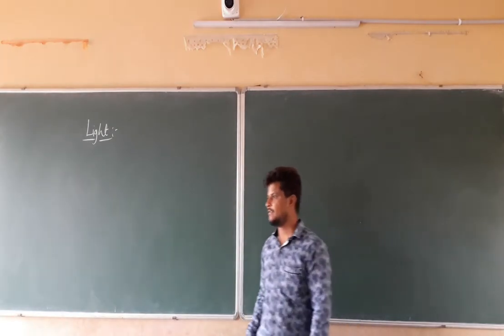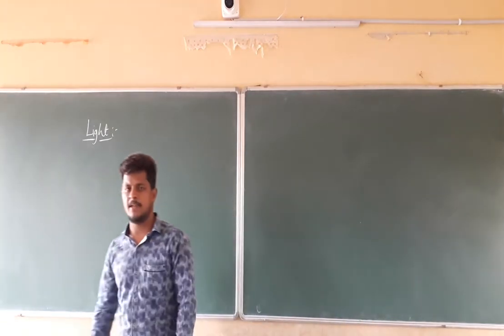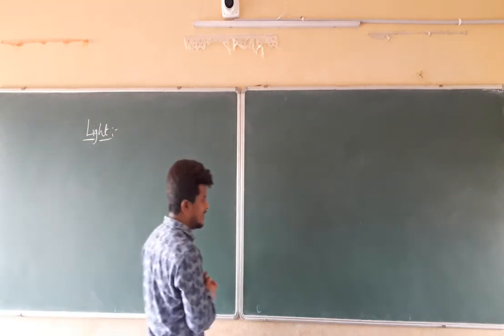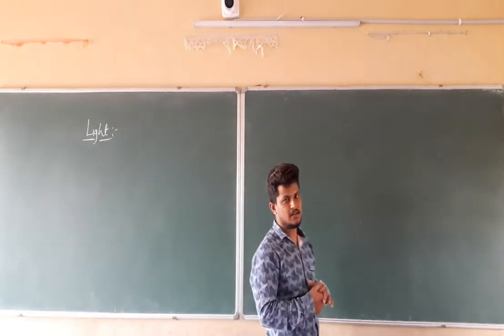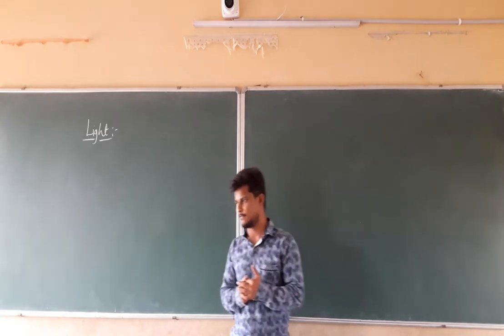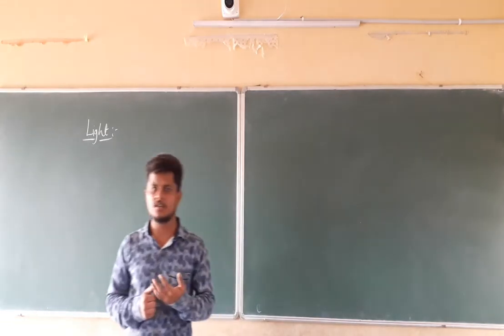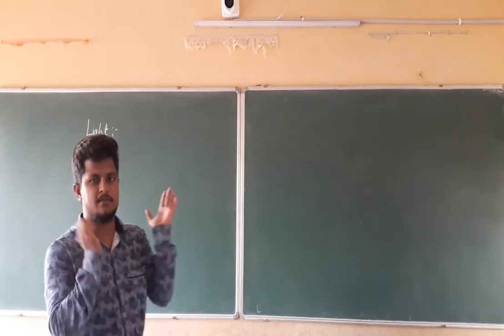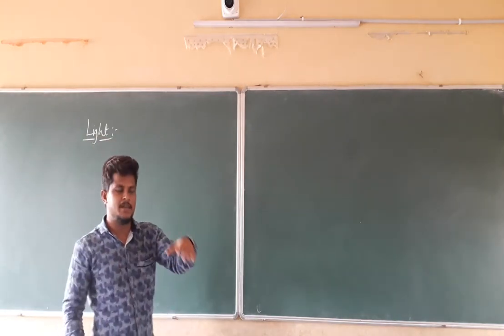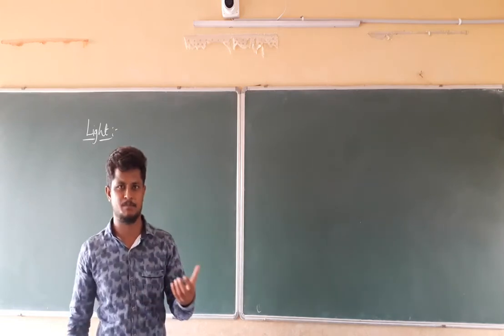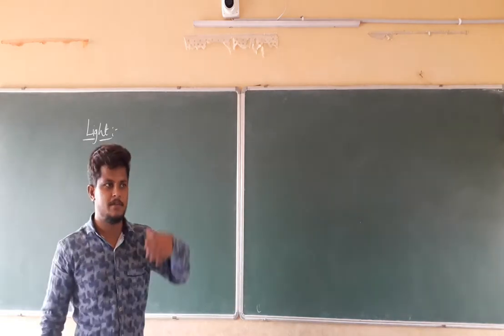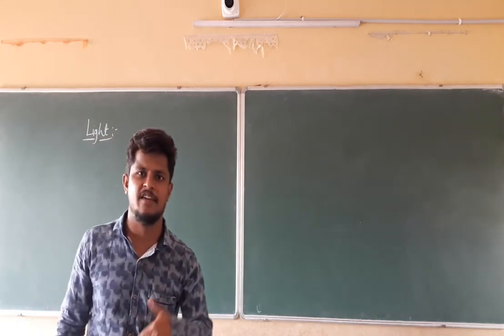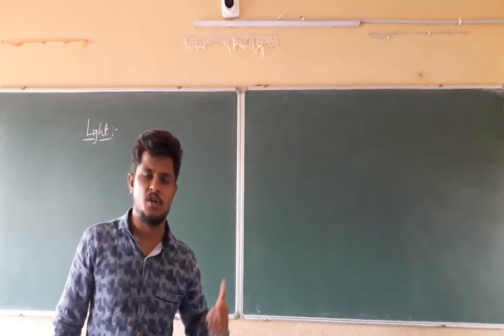In the last class, we started with the topic named spherical lenses. In those, we studied the concave lens as well as the convex lens. A concave lens is one which is bulged inside, made from spherical shapes, and it is a transparent medium where the refraction of light occurs.